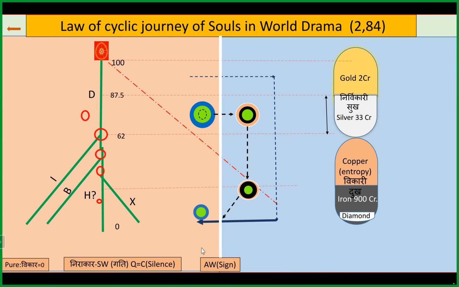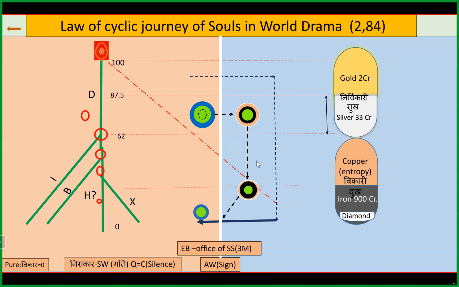This white one is the angel world, where sign language is used. Here there is no language. It is total silence, and this works as an energy body. It works as a kind of office of the Supreme Soul, because it has to be the Trimurti. When you do this creation, there is Brahma, Vishnu, and Shankar. All that work of creation, of destruction of the existing thing, and of maintenance of the new world happens through this office.